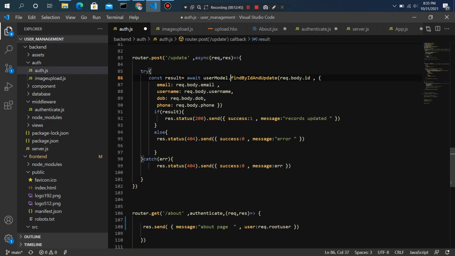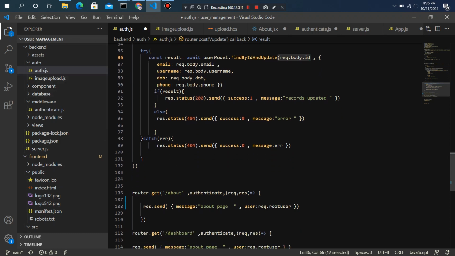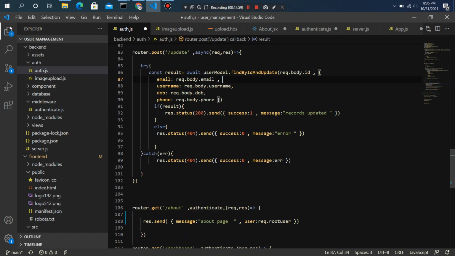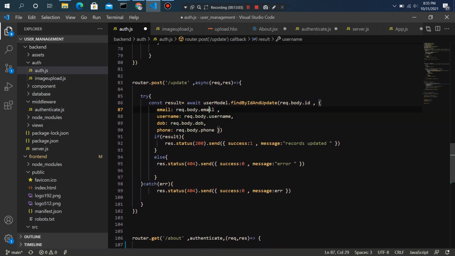So here there will be a request body id. It is actually coming from our authenticate middleware. So basically, you can see here, the email, username, date of birth and phone will also be stored here.